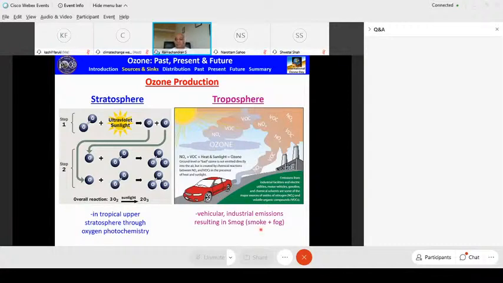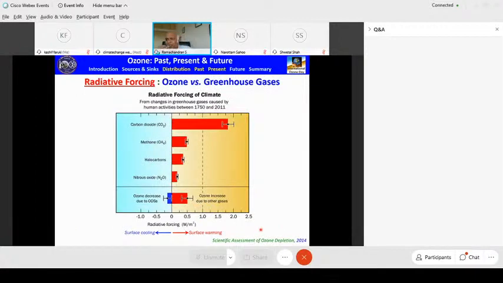So, if you look at the forcing from the changes in the ozone, for example, we are all familiar with changes in carbon dioxide and the warming that it is producing, as we saw in the initial few slides. You see that this is all highly positive, going all the way up to 2 watts per meter squared, but ozone increases in the lower atmosphere are contributing to warming at the surface on the order of about 0.5,